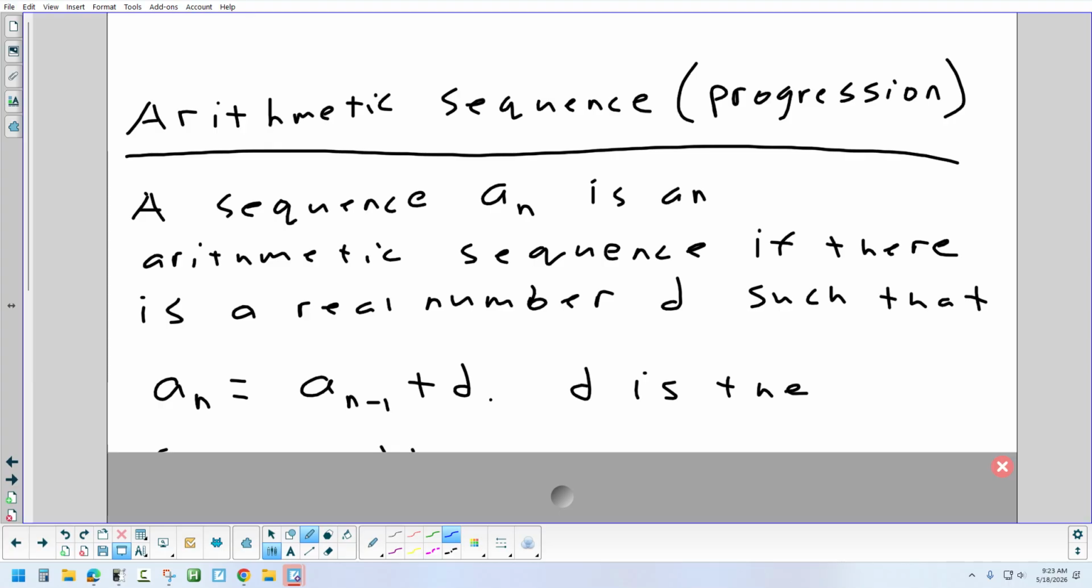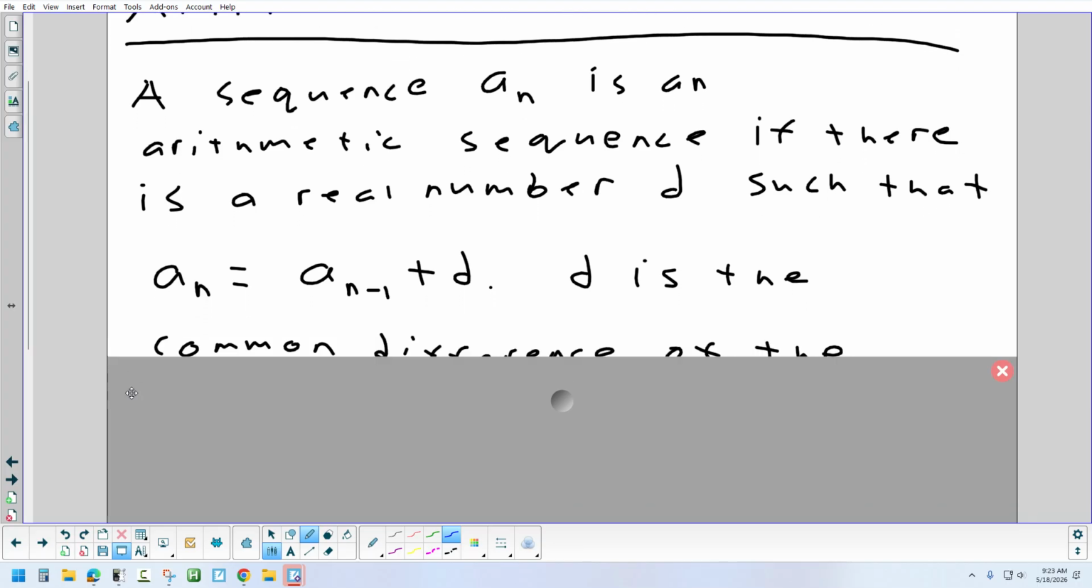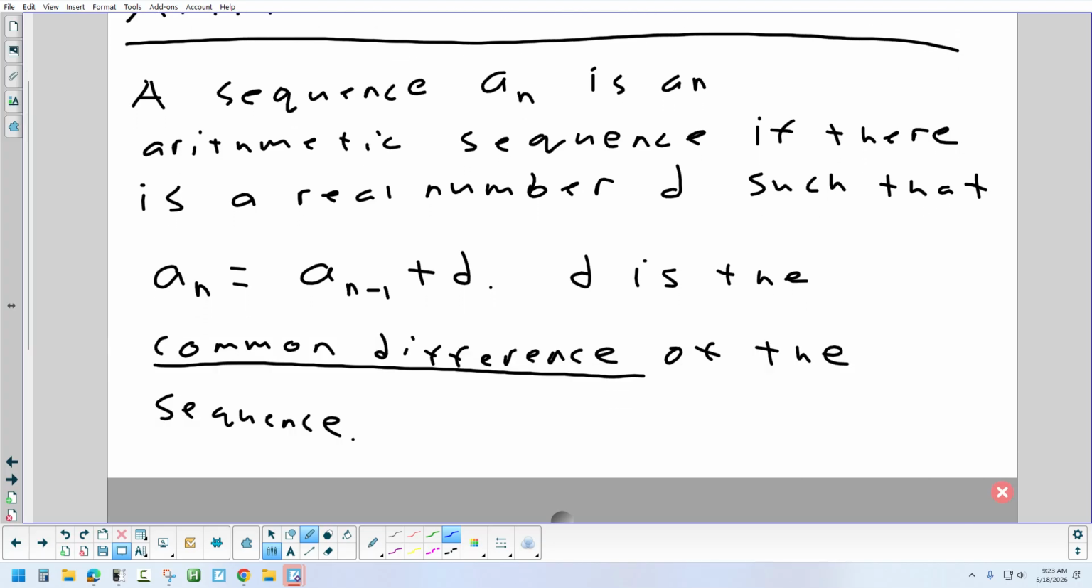So if a particular sequence is arithmetic, that means that there is a number that you are adding to get from one term to the next. And it has to be the same number every single time for the entire sequence. That number that we add, our book calls d, and it refers to it as a common difference. So why would you call something you're adding over and over a difference? Well,